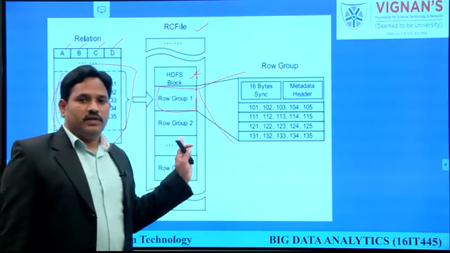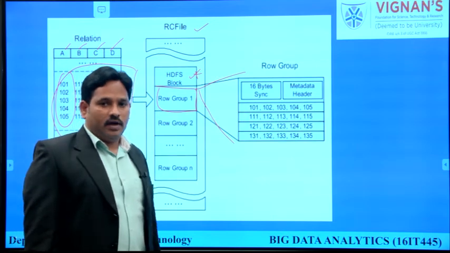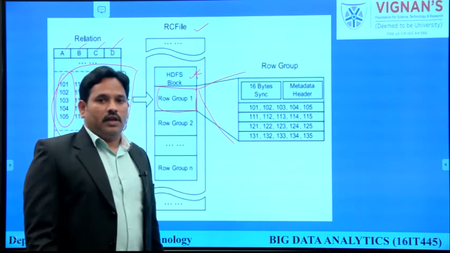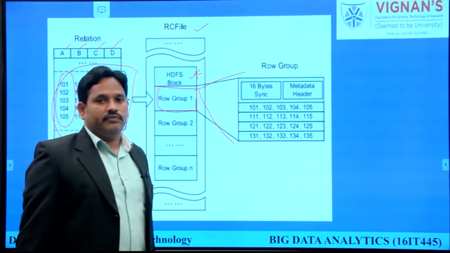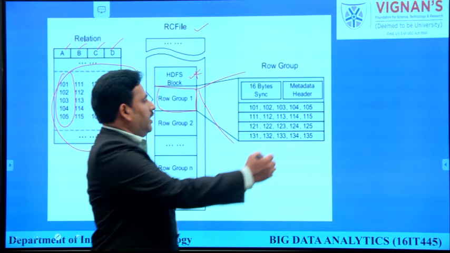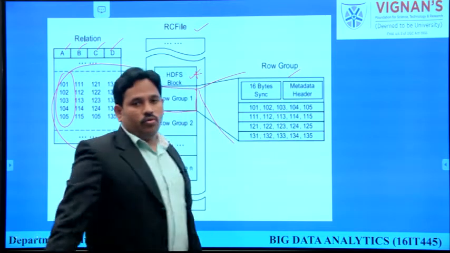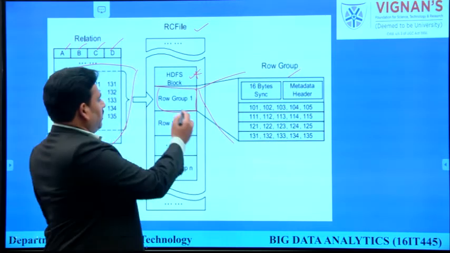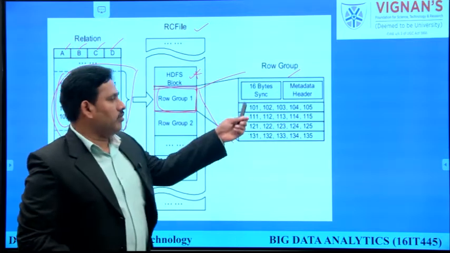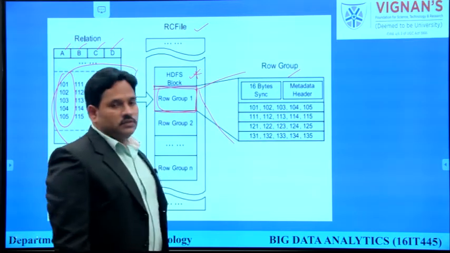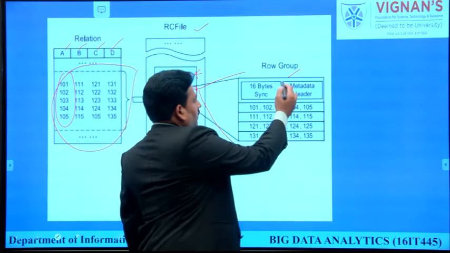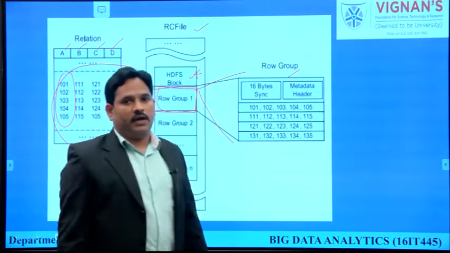In previous slides we discussed 3 different types of metadata. Now what will this metadata have? The table information, like table creation, the schematic information of the table, and instances of the table are stored in this metadata header. Every row group, that means every block here, will be in this format. First we have 16 bytes of synchronous information and later 16 bytes of metadata header.